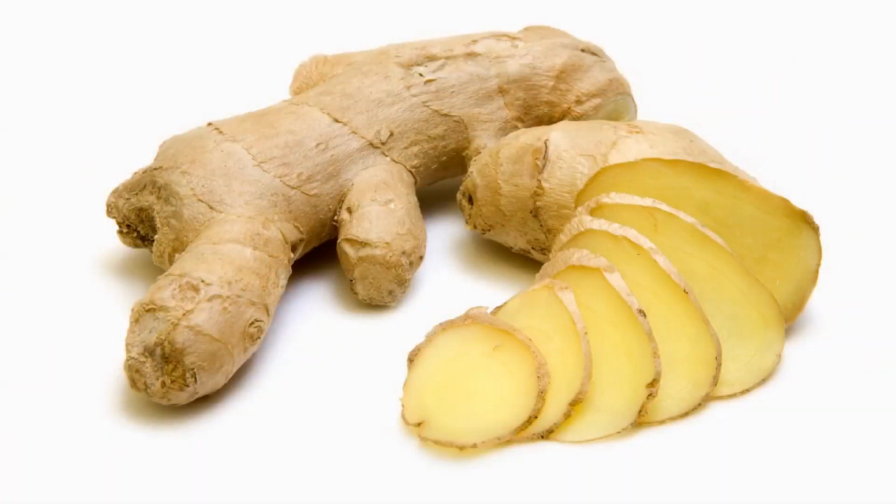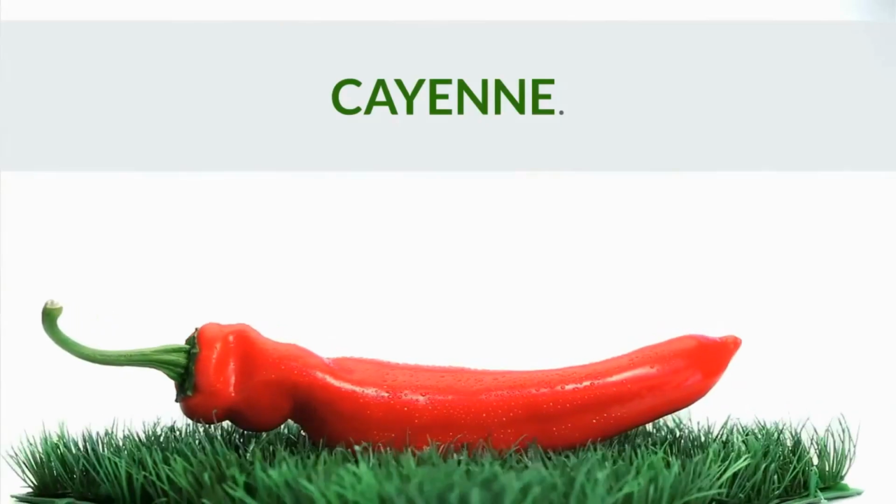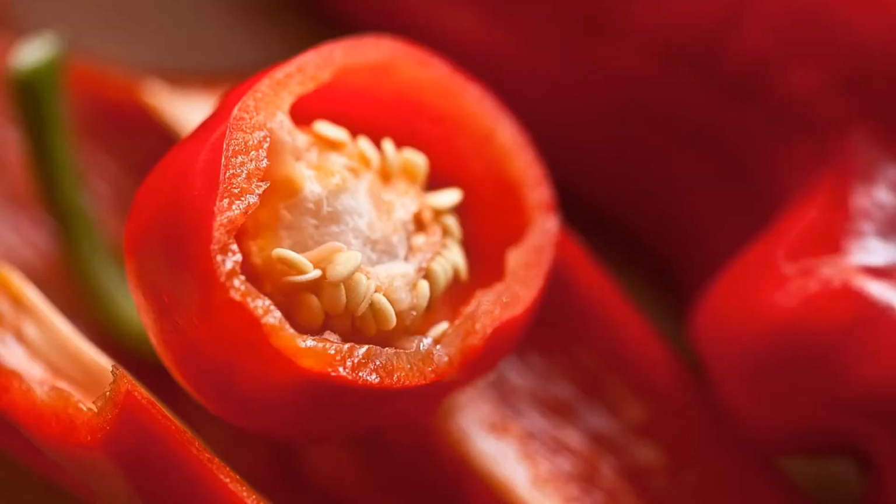Ginger has many beneficial qualities. It's packed full of antioxidants that prevent or slow damage to cells caused by free radicals, and it also has anti-inflammatory, anti-nausea, antifungal and antimicrobial properties. And furthermore, ginger also has anti-carcinogenic qualities, which basically means it can have a positive effect on helping to fight cancer. Cayenne. Cayenne has many health benefits due to its active component capsicum, and cayenne heats the body to sweat